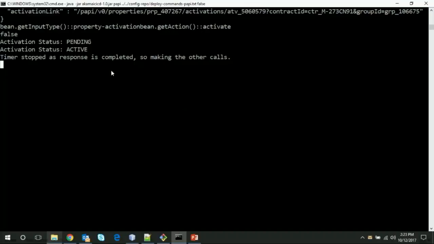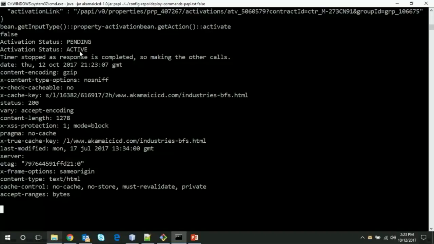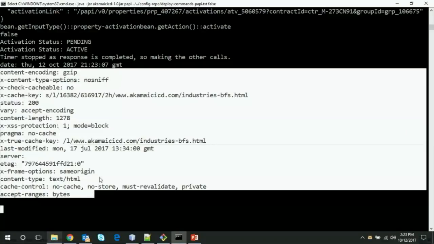So the activation is complete. The scripts have just started or are triggered. It's going to take about a minute or so to capture these headers. Okay, yeah, there they are. So these are the staging headers. And if you see,